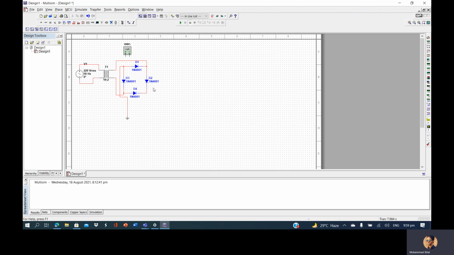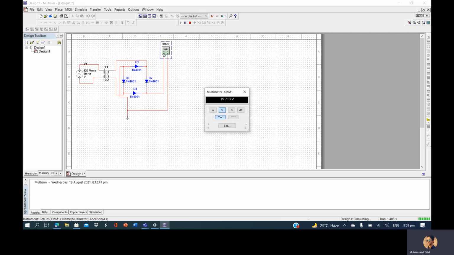They are very simple to use, and after that we can check whether we are getting the desired voltage on the output. We can connect the multimeter over here. Here it is. We can run that and check.